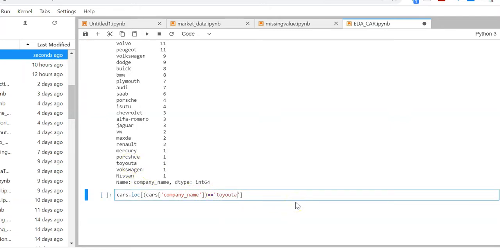If it is equal to Toyota, I want to put the correct spelling. And if it is not Toyota, it should still be company name.